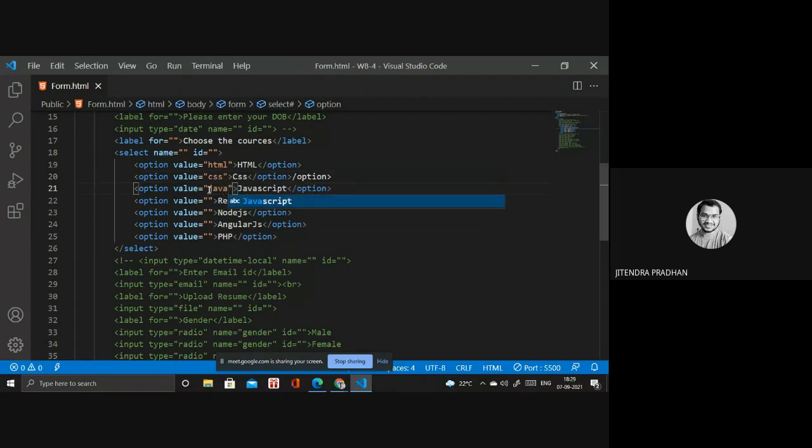JavaScript or ECMAScript, you can write it. And this is React.js, you can write React.js framework also. And Node.js, and here also you have to write Angular.js, and inside that PHP.